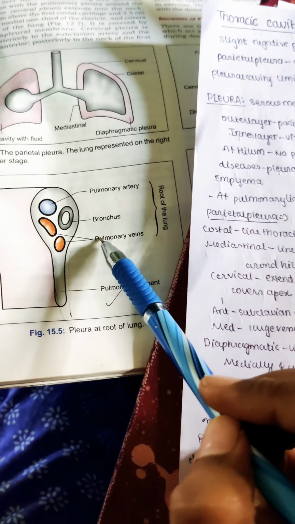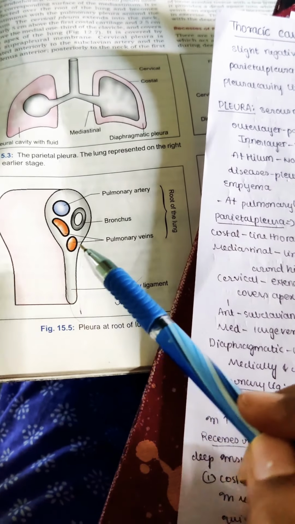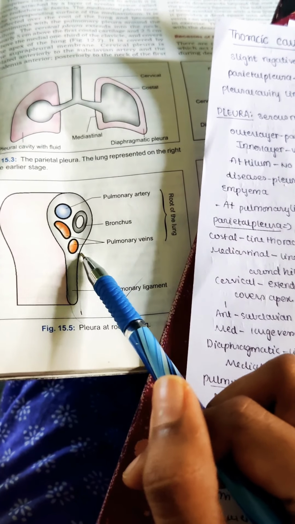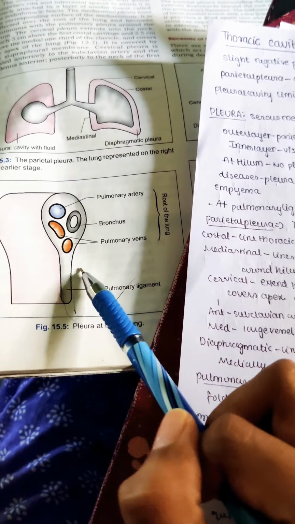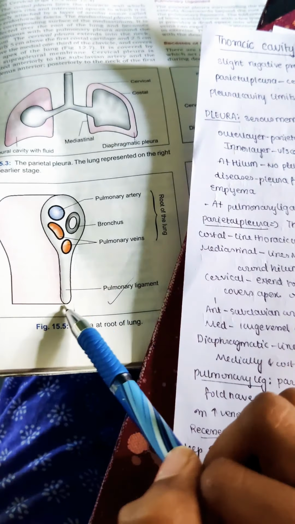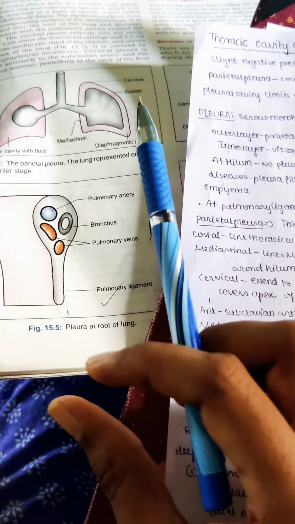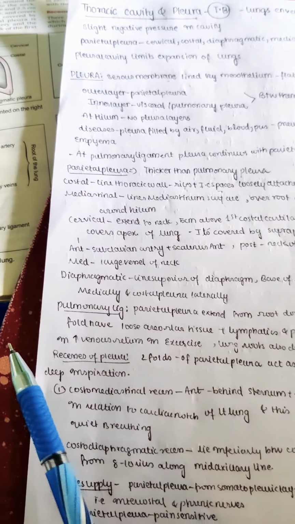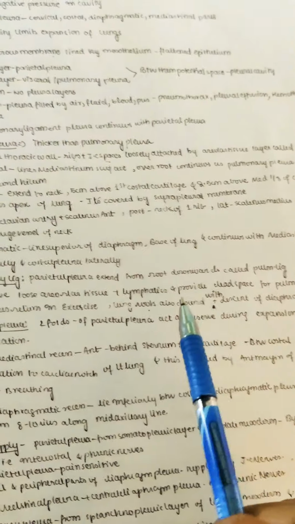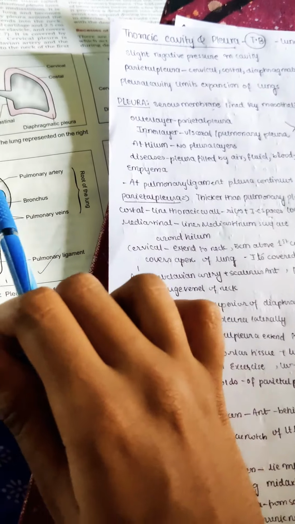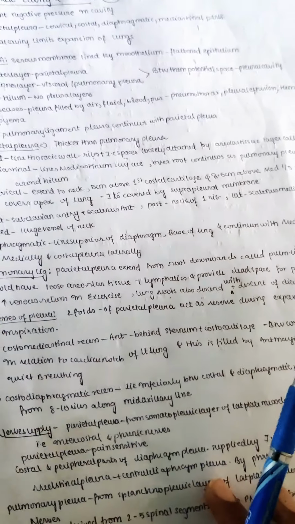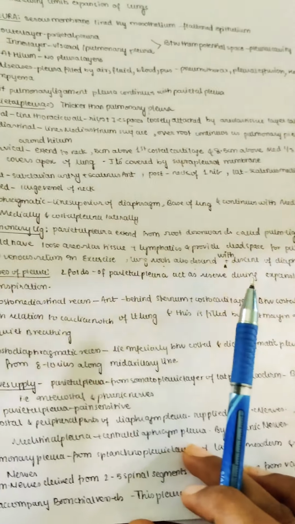Mainly you can see this is a pulmonary vein, and especially during exercise there is more venous return. Because of that the pulmonary vein will increase in size, so it should have some open space to expand. So this is a dead space. Dead space means where there is no gaseous exchange. This is a dead space where the pulmonary vein can easily expand, especially in exercise-like conditions. Also the lung roots descend with the descent of the diaphragm. As the diaphragm descends, these vessels and structures also descend from the lung root to the pulmonary ligament.